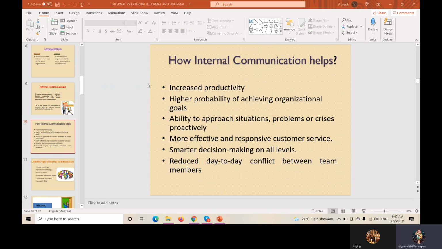We will have high chances to achieve the organizational targets, because if your communication goes smoothly, no conflict or miscommunication happens in your organization, because you are all communicating within the members of the same organization. So you will receive the information at the right time, and your members will also receive the information at the right time. So no conflict will happen, and no miscommunication will happen.